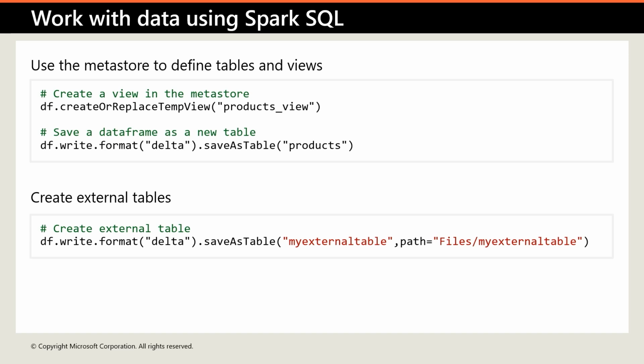So the decision to create a view only available in this current session, or save a data frame as a new table, which is persisted, is really based on whether or not you want to reuse it. Please note that if you need to create an empty table, you can use the spark.catalog.createTable method. Creating an external table, as shown here, is to write a data frame df to a Delta table